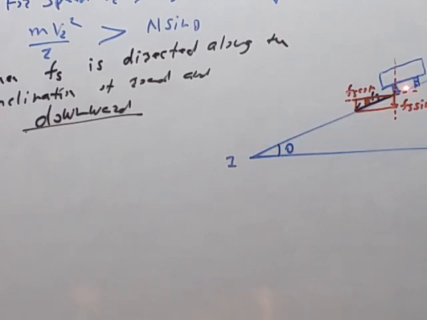Here the direction of Fs is now parallel to the road surface. Fs is along the tangent to the point of contact. So tire and road, they are in contact here, and therefore Fs is in this direction. So we can resolve Fs into the two components. If this is theta, this is also theta.